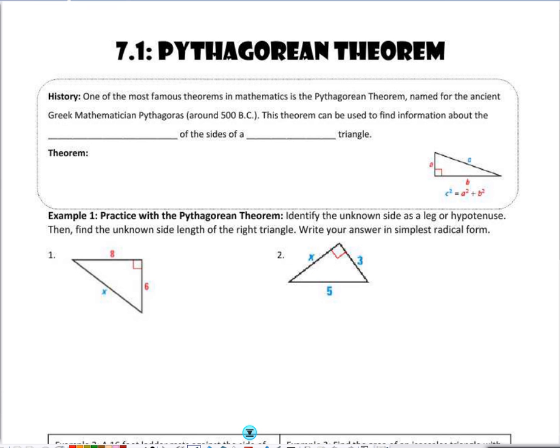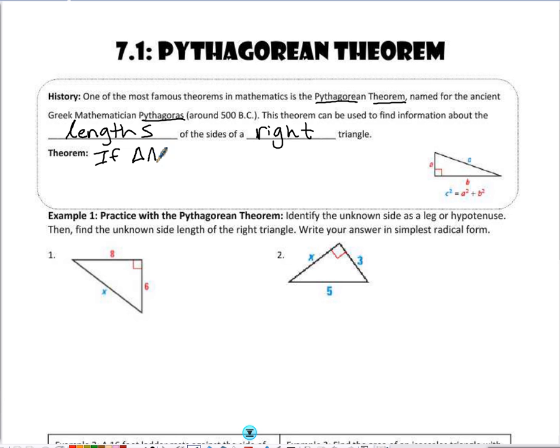One of the most famous theorems in mathematics is the Pythagorean Theorem. The Pythagorean Theorem is named after an ancient Greek mathematician named Pythagoras around 500 BC. The theorem can be used to find information about the lengths of the sides of a right triangle. Okay. The theorem goes as said right here: if